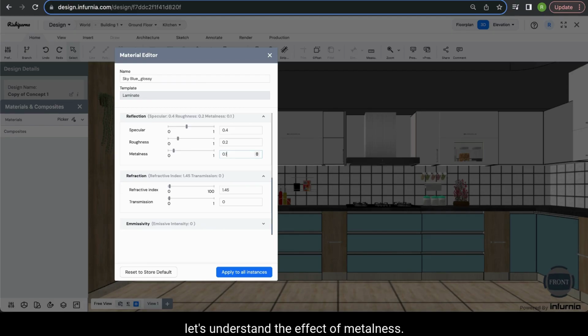Next, let's understand the effect of metalness. Metalness is the value which increases the metal-like property of your particular finish. So for example, if you have stainless steel shutters, or the profile finish of your aluminum frame shutters, or chrome finished handles, these are examples of materials which need to be added metalness into. So in such finishes, you can increase the value of the metalness, and the same will start reflecting in your